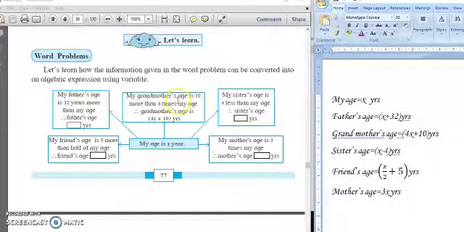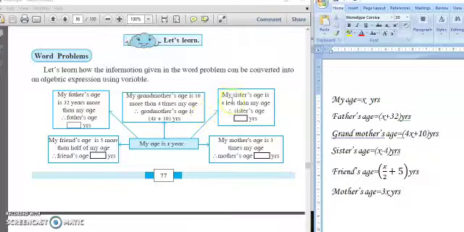Now second, my grandmother's age is 10 more than 4 times my age. Okay, so first of all, first condition you have to do here 4 times of my age. My age is x years. 4 times means multiplication. So my age means here you have to multiply 4 into x. X is my age, so multiply 4 into x, so that you will get here 4 times of my age. Now second condition is given here. Grandmother's age is 10 more than 4 times of my age, means add 10 to 4x. So 4x plus 10 years will be the age of the grandmother.